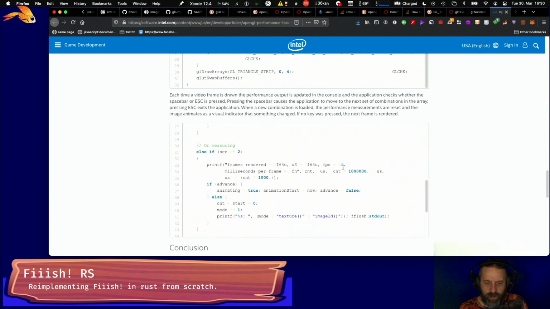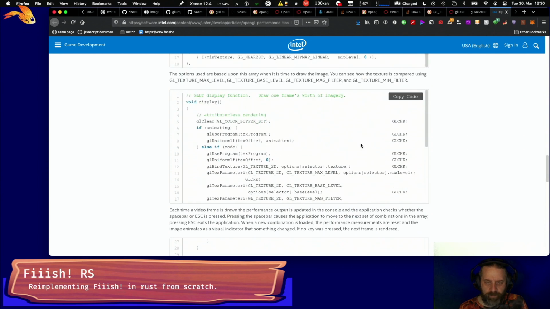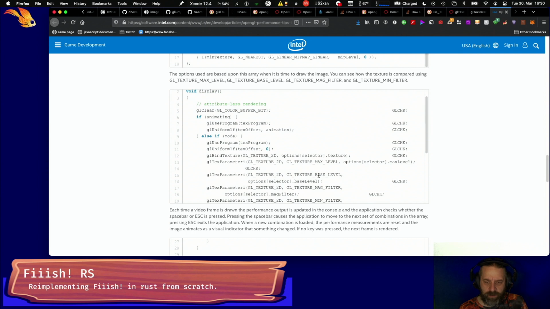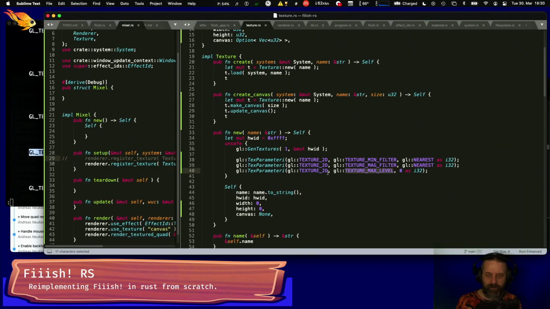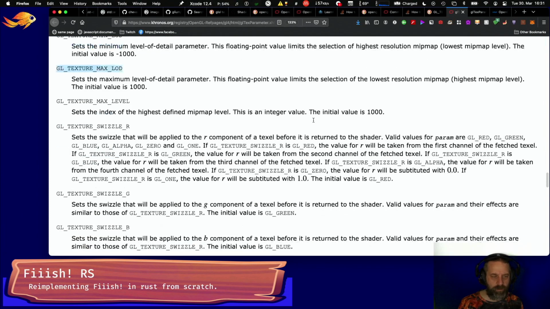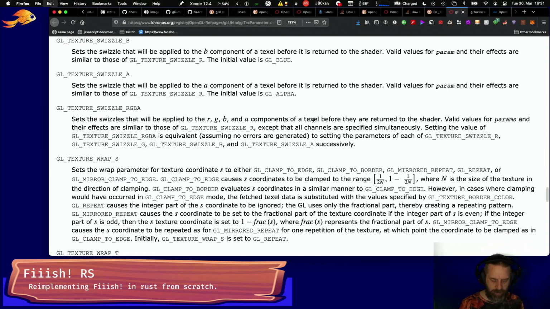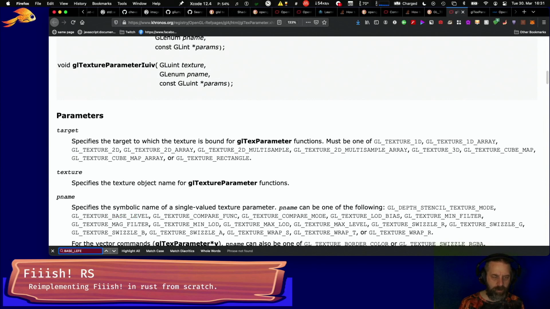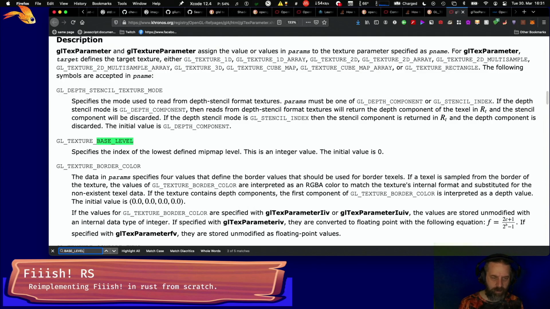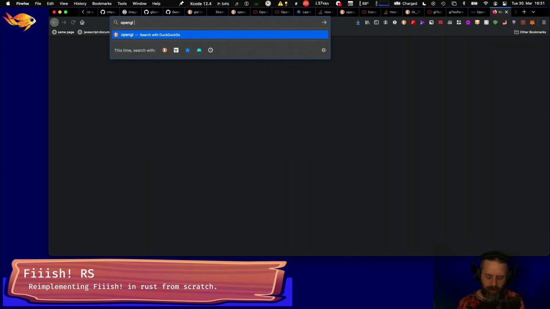They set max level and base level, and we only set max level. So what does base level do? Initial value is 0. OpenGL disable texture map. I'm pretty sure